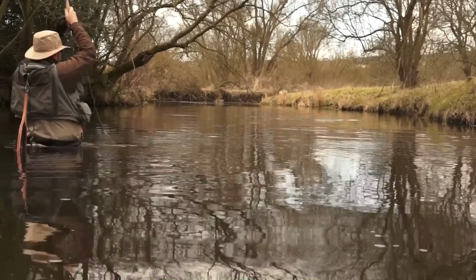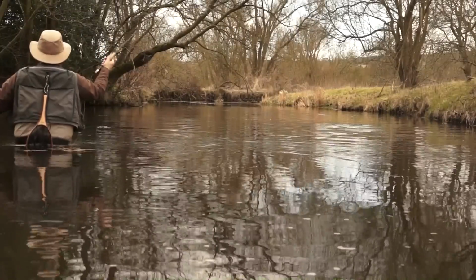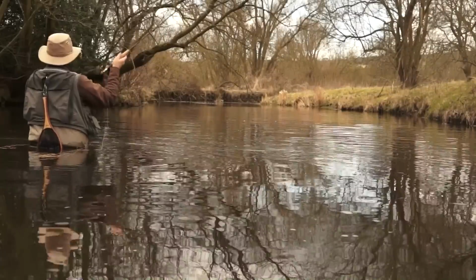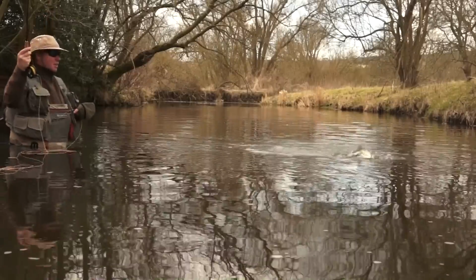That's that early season trout on that olive pattern. We've seen the hatch, we've seen the fish rising. Targeted dry fly fishing. In my opinion, one of the purest, most beautiful forms of fly fishing, and the result is